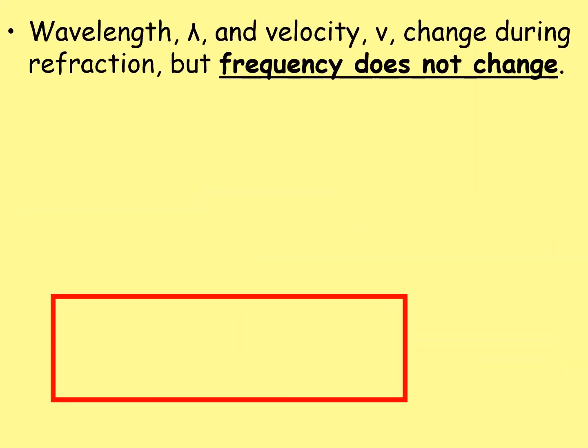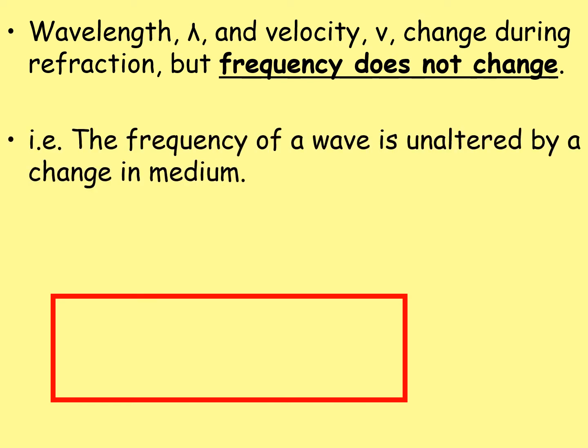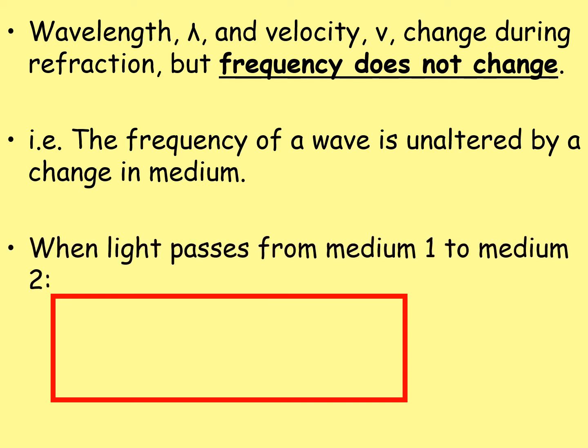Note, wavelength and velocity change during refraction, but frequency does not change. That is, the color remains constant. The frequency of a wave is unaltered by a change in medium. So when light passes from medium 1 to medium 2, we can use the following relationship, which is noted on